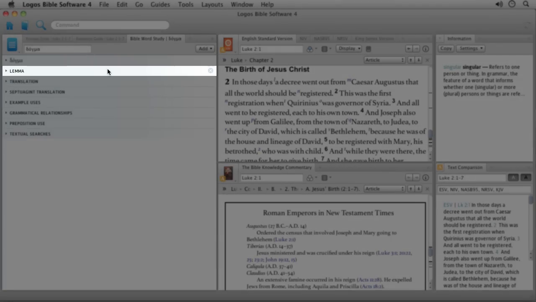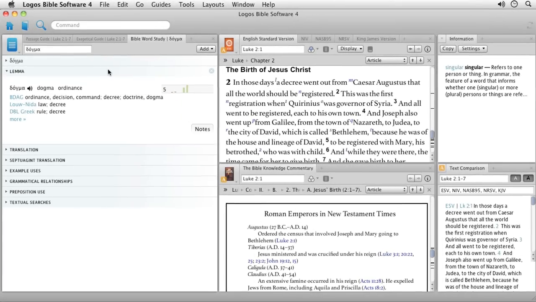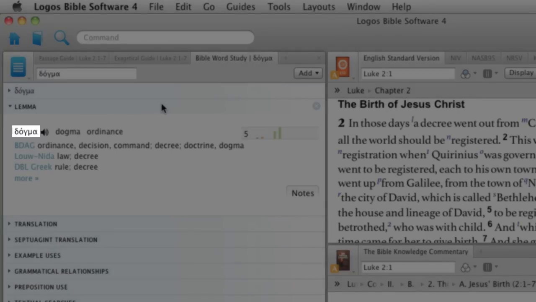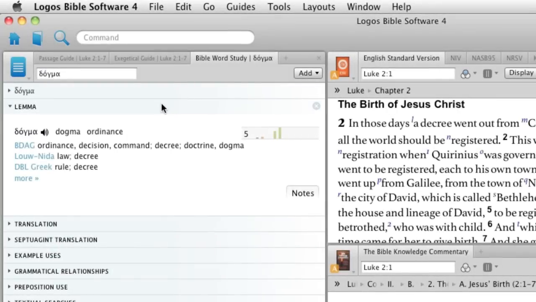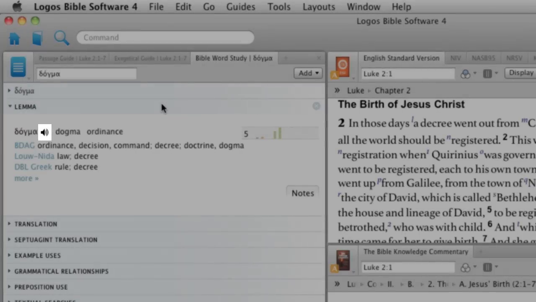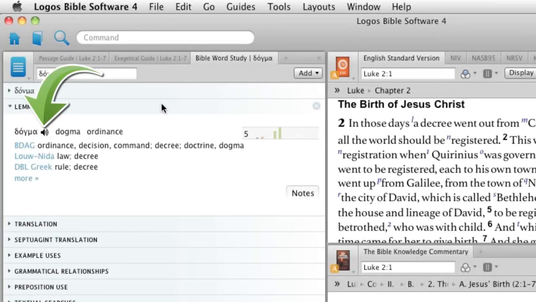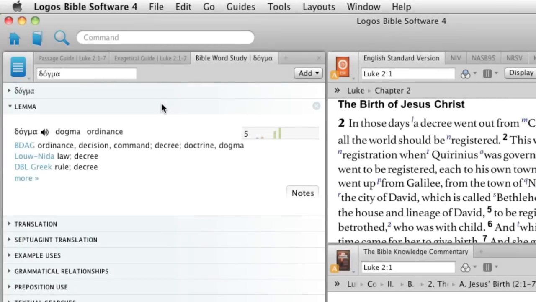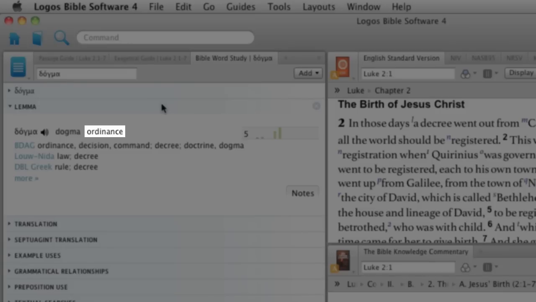First of all, the lemma section. The lemma section is going to give you a definition of your word. Now, you'll see the Greek lemma, and remember, the lemma simply means the dictionary form of the word. Depending on your library, you may see a speaker icon, so when you click it, you'll hear the pronunciation of the lemma. You'll see a transliteration, which aids in the pronunciation of the word, and you'll see a brief glossary